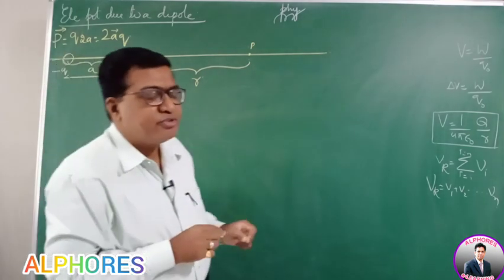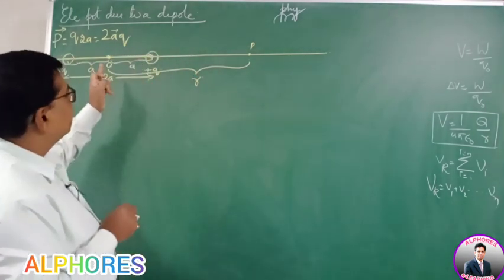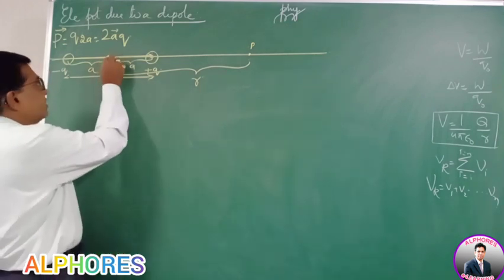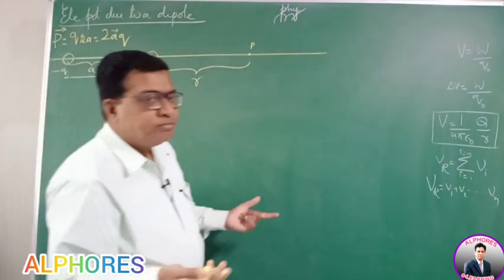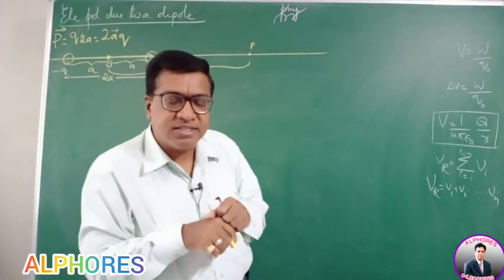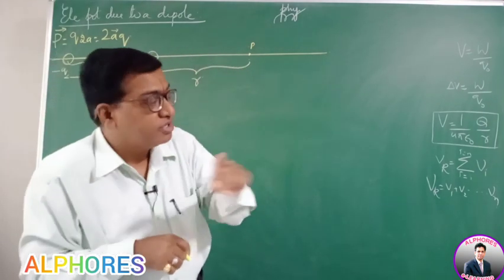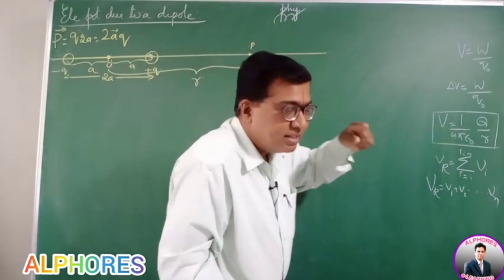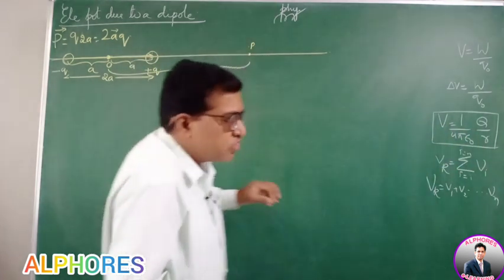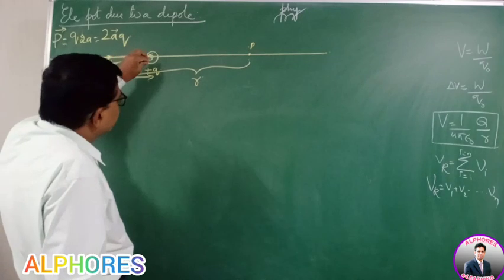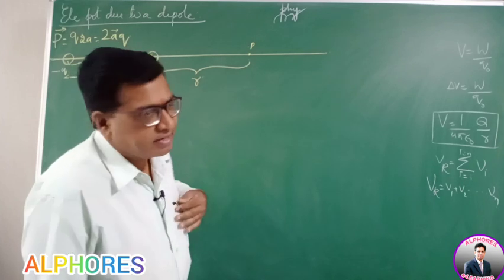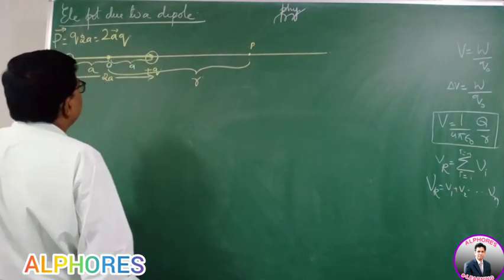Now I have to find out the electric potential at point P, at a distance r from the center of the dipole like this. So I have to find the potential here. Now how? First, I shall consider these as two discrete, isolated charges and find the potential due to each charge, considering each as a separate point charge. So V is 1 by 4 pi epsilon q by r. First take the potential due to this, then the potential due to this, then the total potential is the algebraic sum.